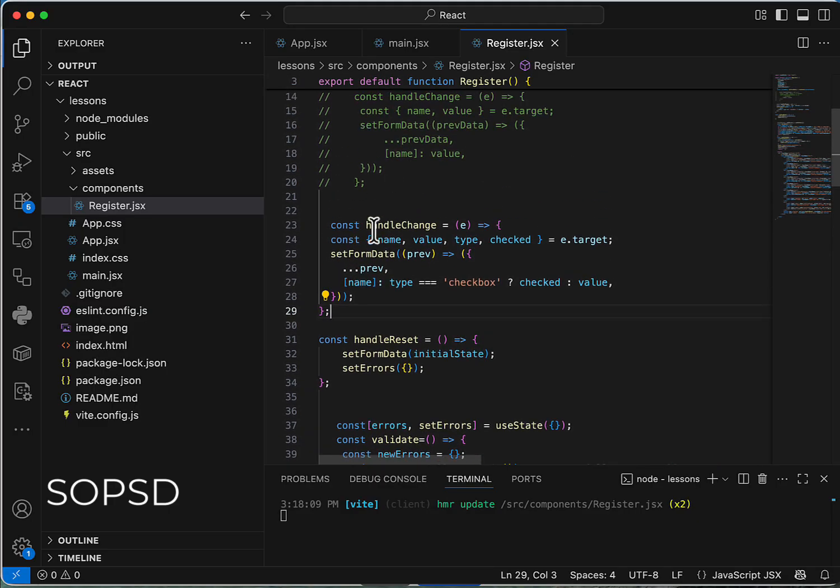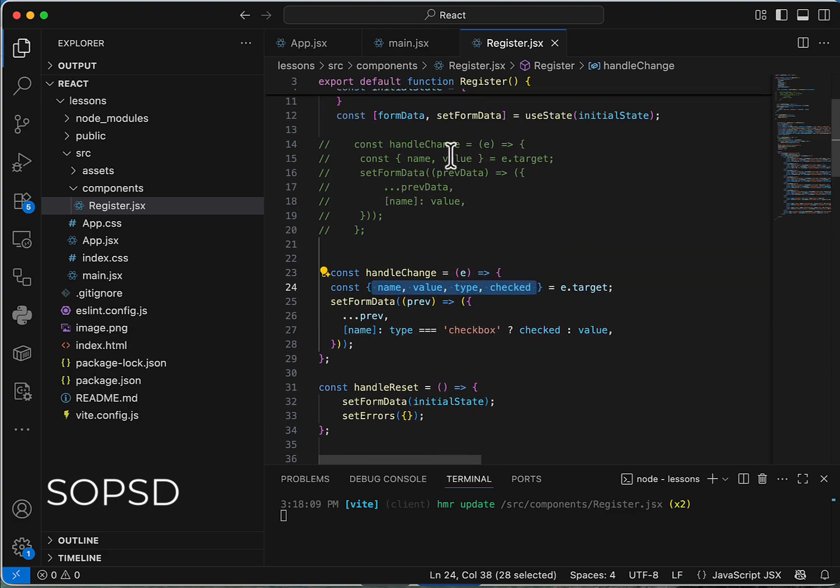So you see how I use this to handle both checkbox and radio buttons, and all this will only handle input type of text or input fields because it gets its value from e.target.value, while this gets its value from